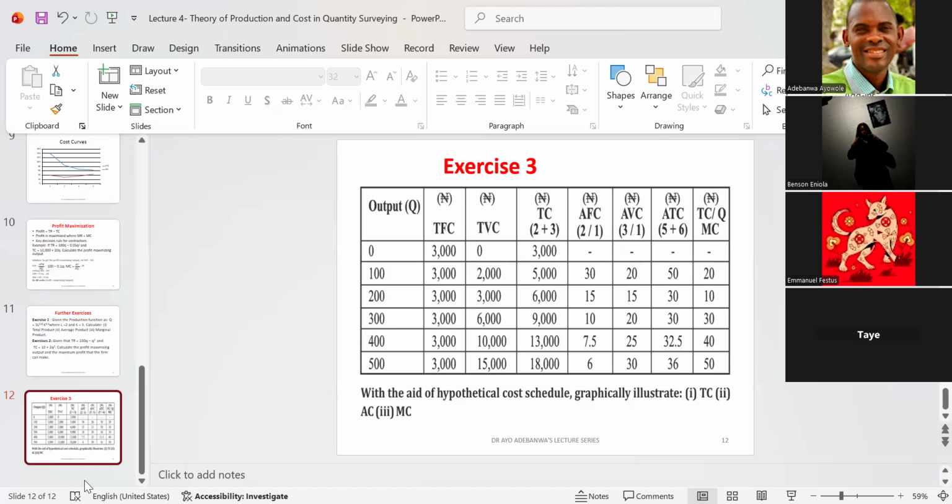Okay, so I want to say that the time for this trial version of Zoom is very limited, but is there any question? What I'm going to do is to take those questions while the recording might have stopped, but let's see whether there are questions. So that's the summary of